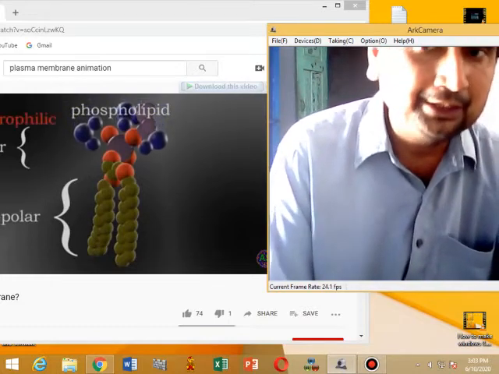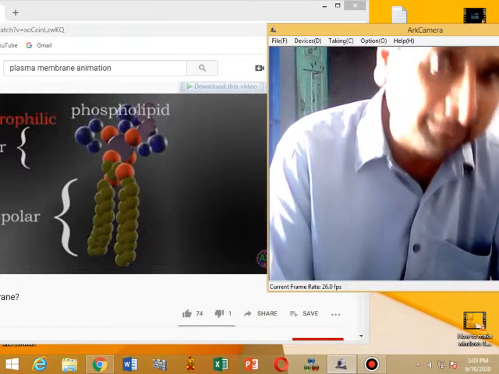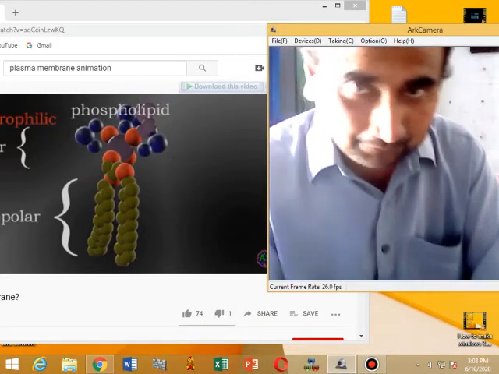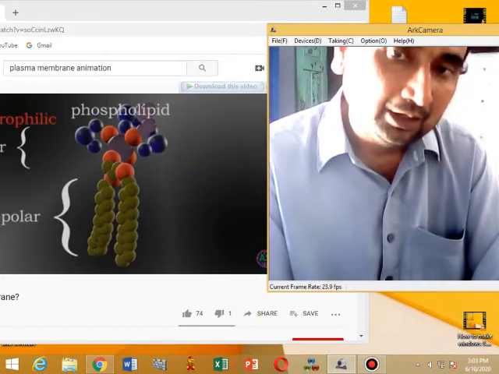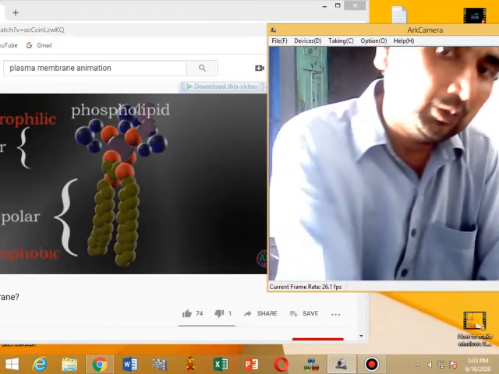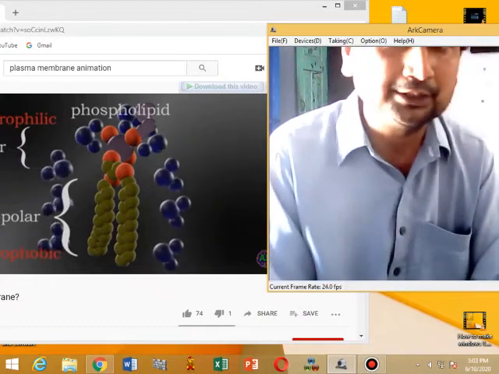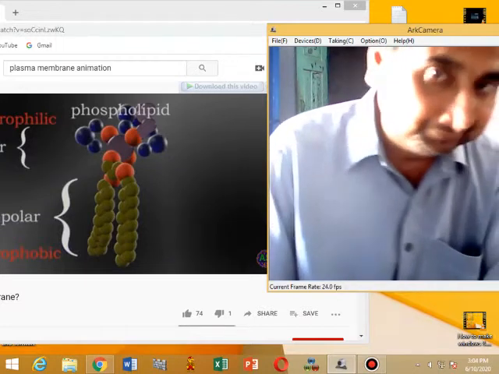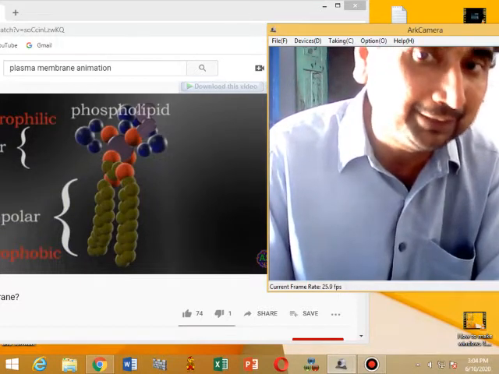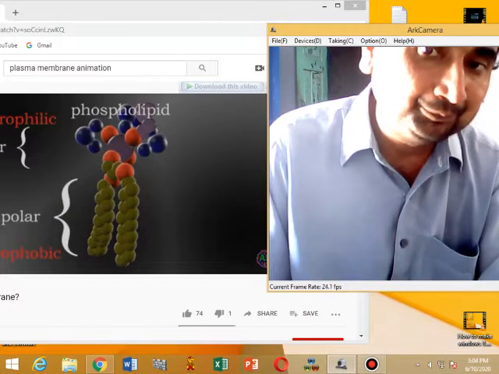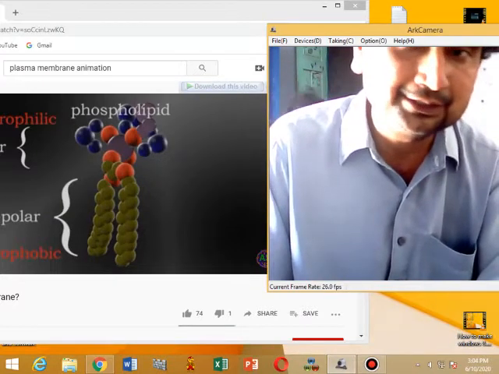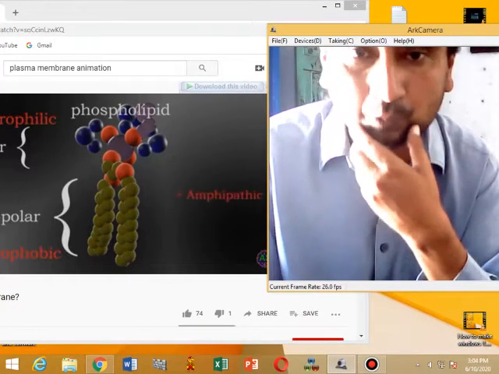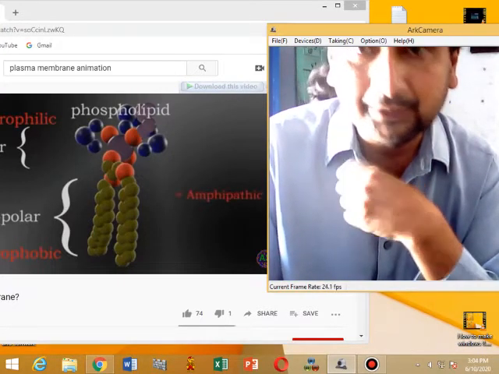The plasma membrane is called a selectively permeable membrane. It is selectively permeable because it allows some substances to go into the cell and some substances are not allowed to go into the cell. So it is called a selectively permeable membrane. The plasma membrane has many small charged pores to control the traffic of the material passing through it.